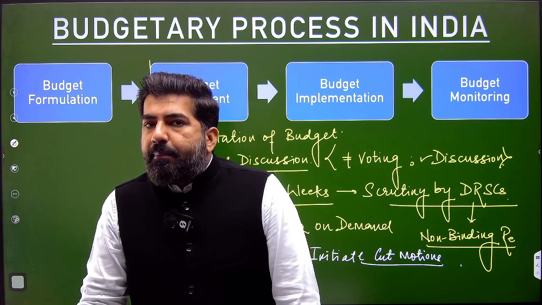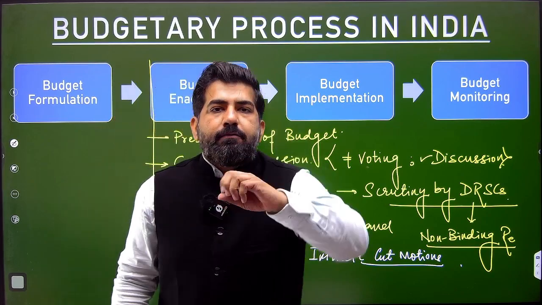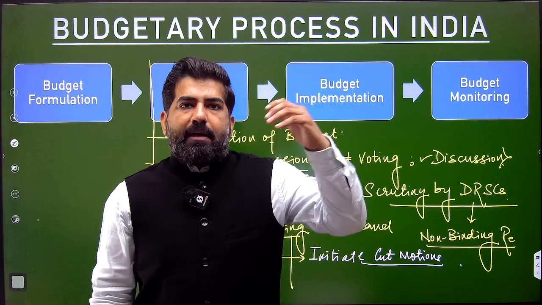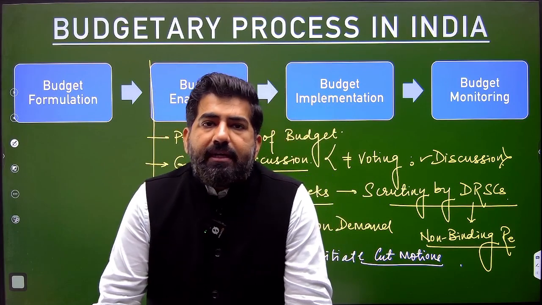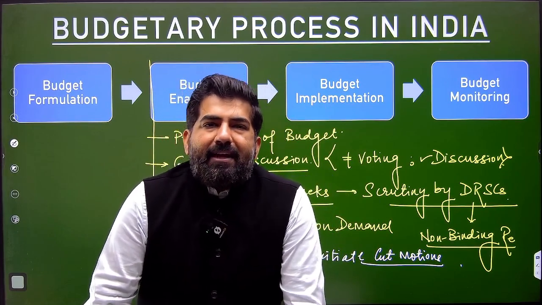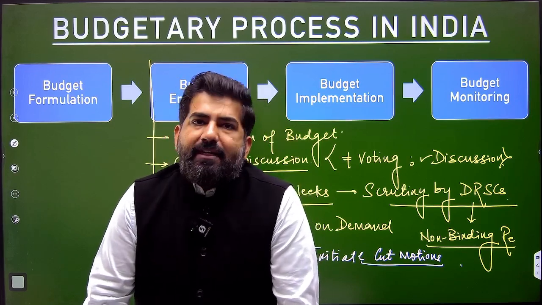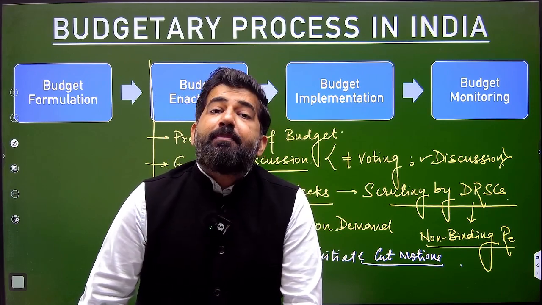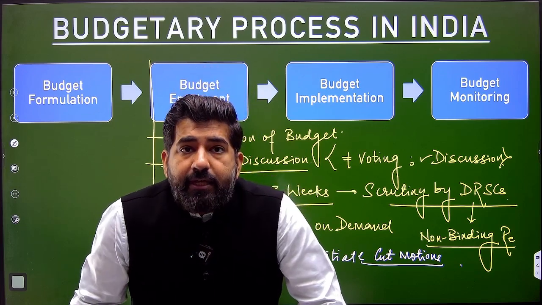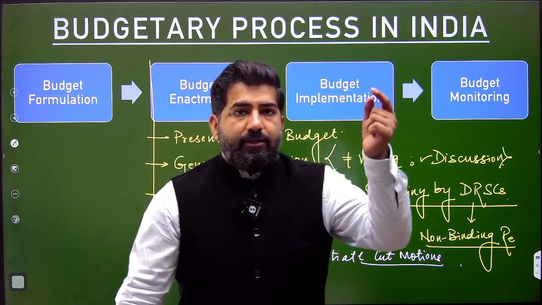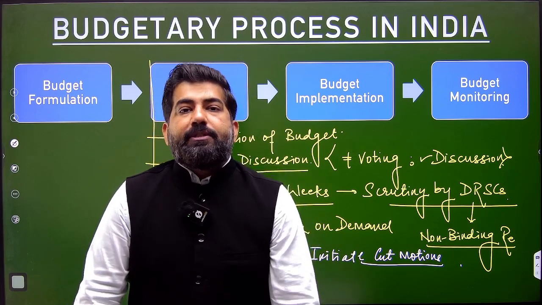That means they are not happy with the amount which is being given to that policy. Suppose the amount given is 1 crore, and they feel it is too much, so reduce it to 50 lakh. It is known as economic cut. Second is token cut, reduced by ₹1, just to ventilate my grievance, that is nothing else. On the other hand, third is policy cut motion. Policy cut motion means that I am not happy with the policy, so I am introducing a motion to reduce this rupee to ₹1.